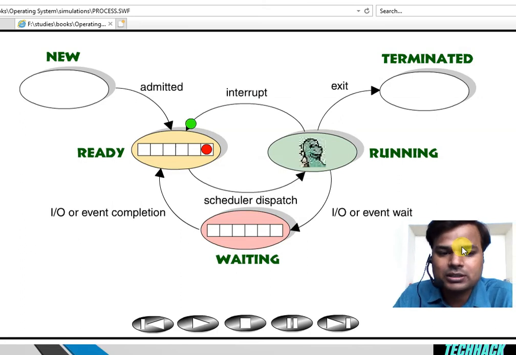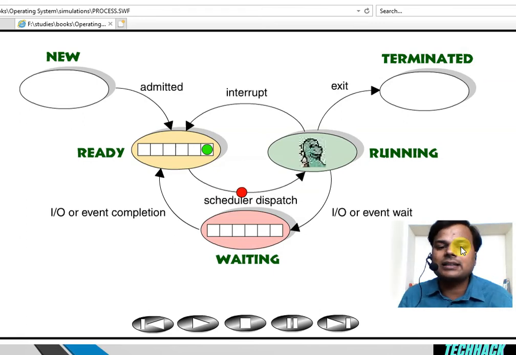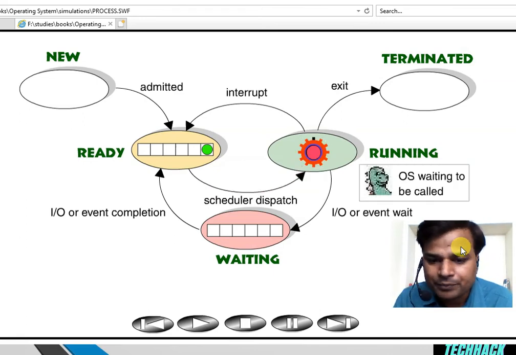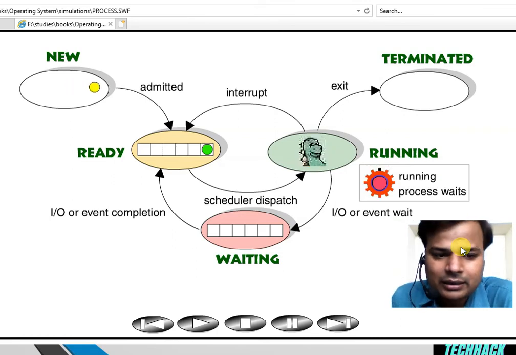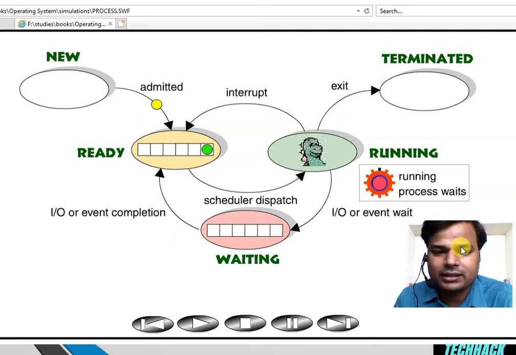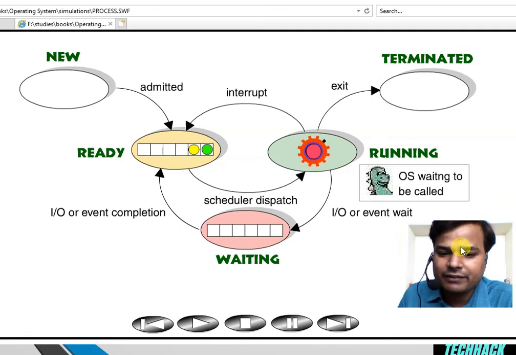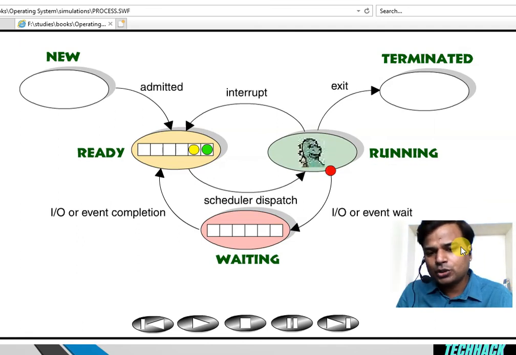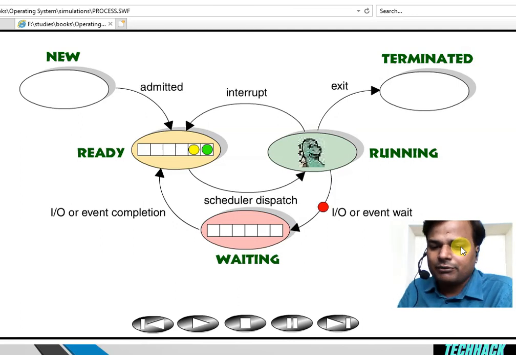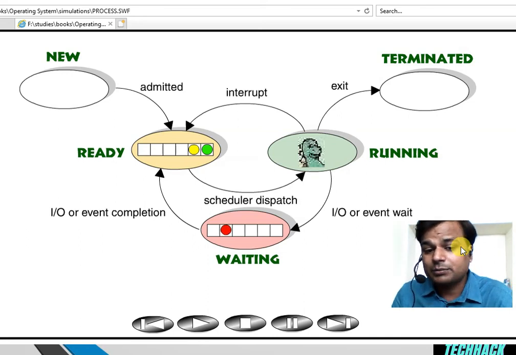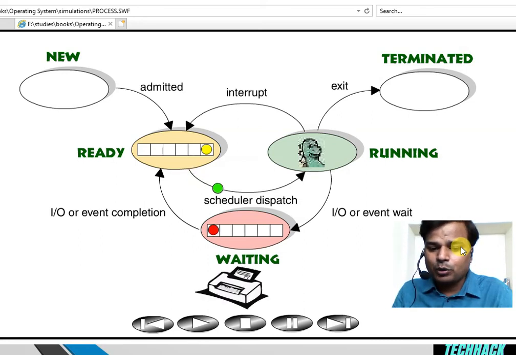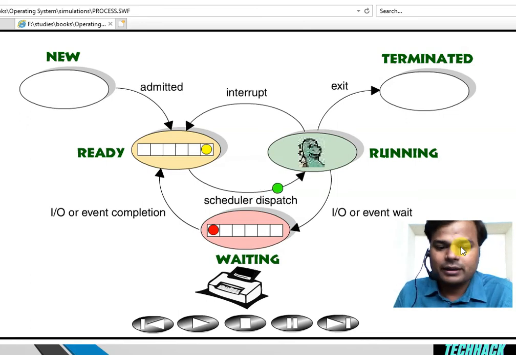An interrupt occurs. The green process moves back to the ready queue again. Now because red was at the head of the queue, it is moving to the CPU. It is working with the CPU. In between, if some other process comes into the picture in the ready queue, like the yellow process is coming into the ready queue, now the green process is at the head, and red is working with the CPU. Say due to some input output, some wait occurs, it will move to the waiting queue and wait for the interrupt to be generated. It is moving to the head of the queue. The input output event is working over there.